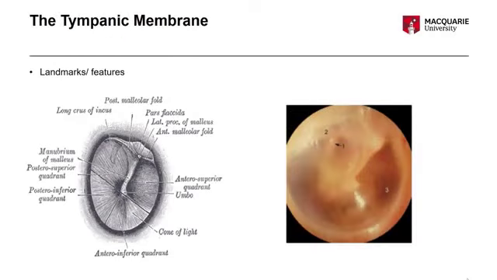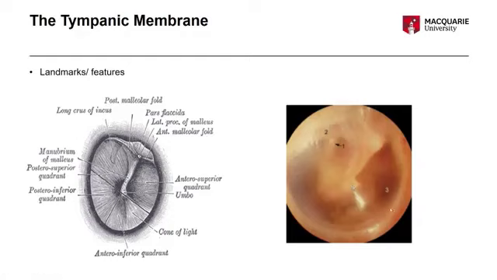So this is a nice healthy tympanic membrane, and really the features that we're looking for, most prominent will be the handle of the malleus, which is here. The next most prominent feature should be the cone of light. So the cone of light is this here, and basically that's just the light of the otoscope hitting the eardrum